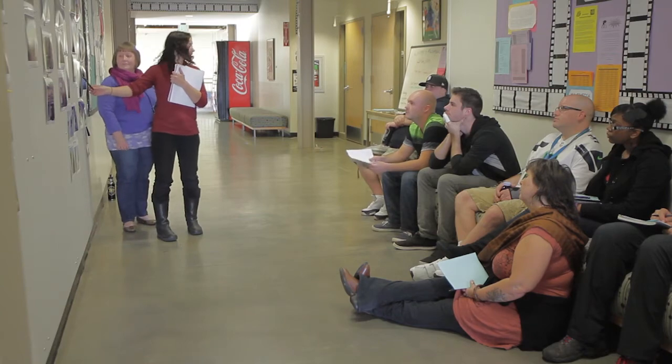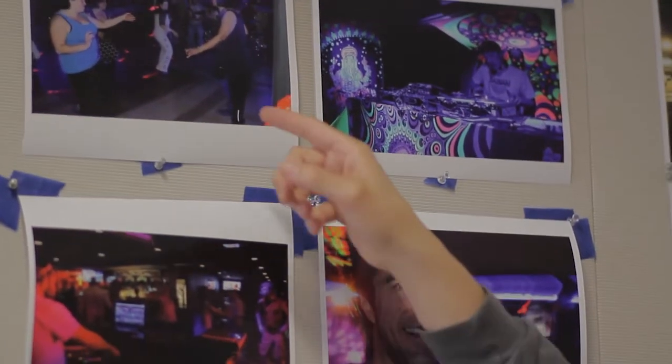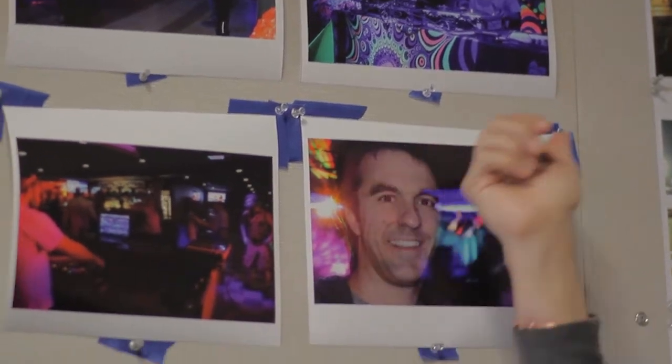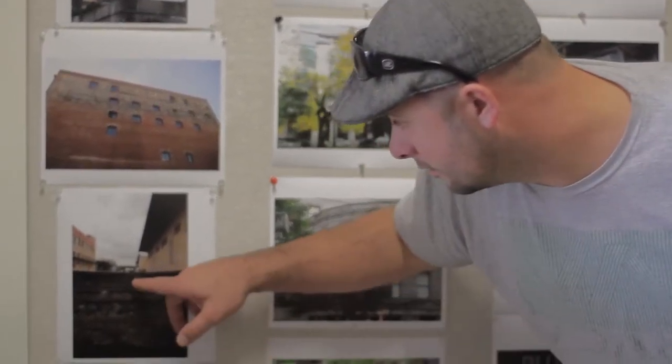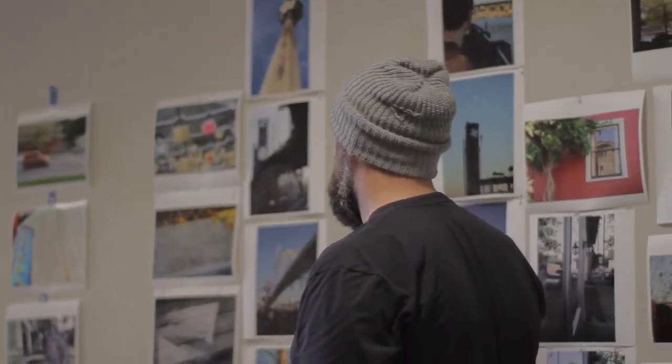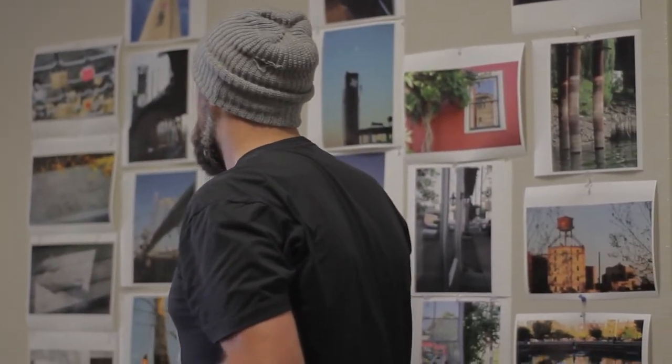The reason I choose to review and critique student work in a group setting is because the photograph is about a visual language. In particular, it is on a person-by-person basis. Everyone brings their own nostalgia and their own life history to an image. They have a personal connection to the image, and they might have baggage or affinity for an image that a viewer does not bring to the image and thereby cannot recognize what the intended input or statement of the image is. So when we review in a group setting, we're actually giving everyone the ability to explain how they're reading that image and what that image is saying to them.